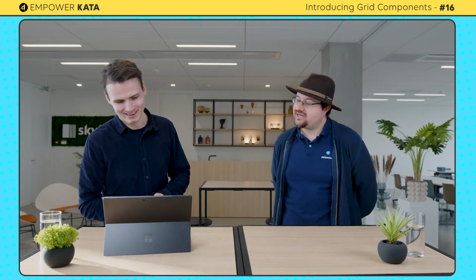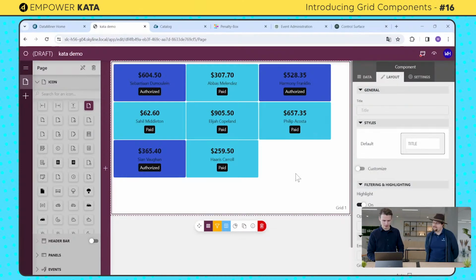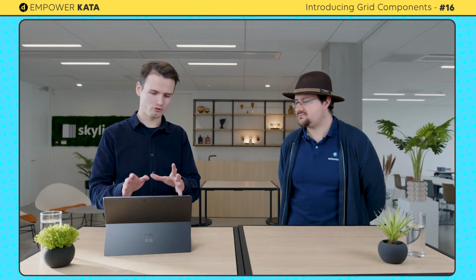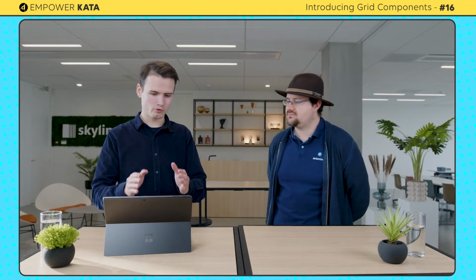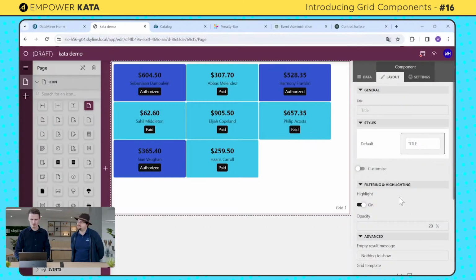Excellent. Do you have anything else for us to show with this example? Yes, I can show you a bit on the configuration of the grid, because currently we have just our grids, but maybe you want to align the items, or you want to specify a fixed amount of columns or rows. This is also something we can do with the grid visual. So if you go to layouts,